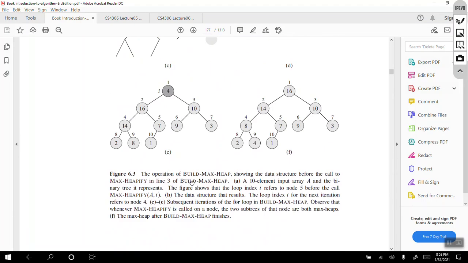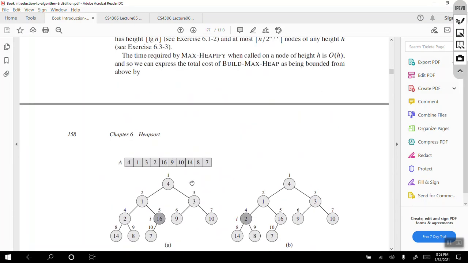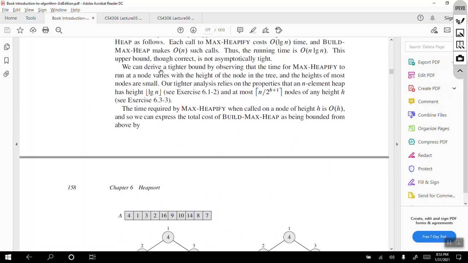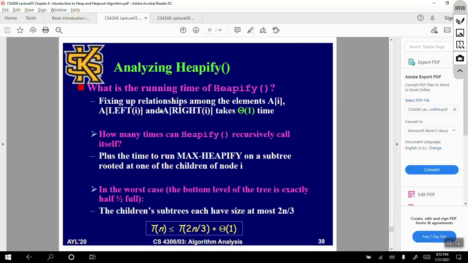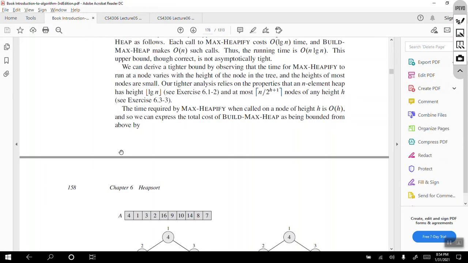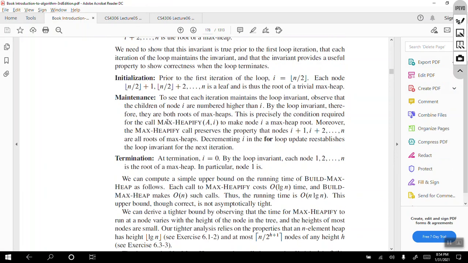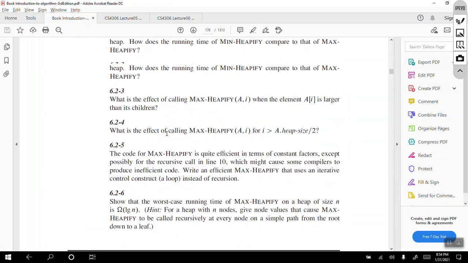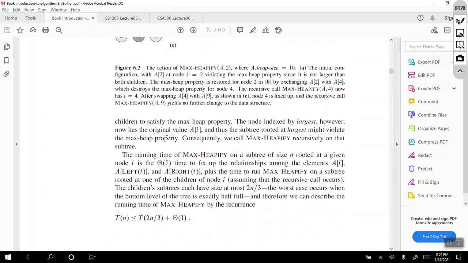We have reorganized the lecture slides into two lectures. So lecture 5 ends here, with the analysis of Heapify. If you read the analysis of Heapify in the book,